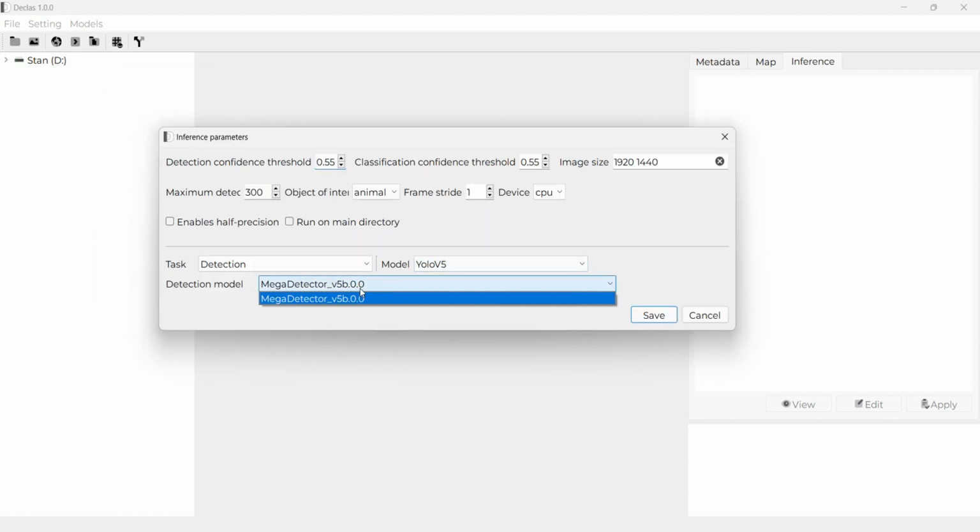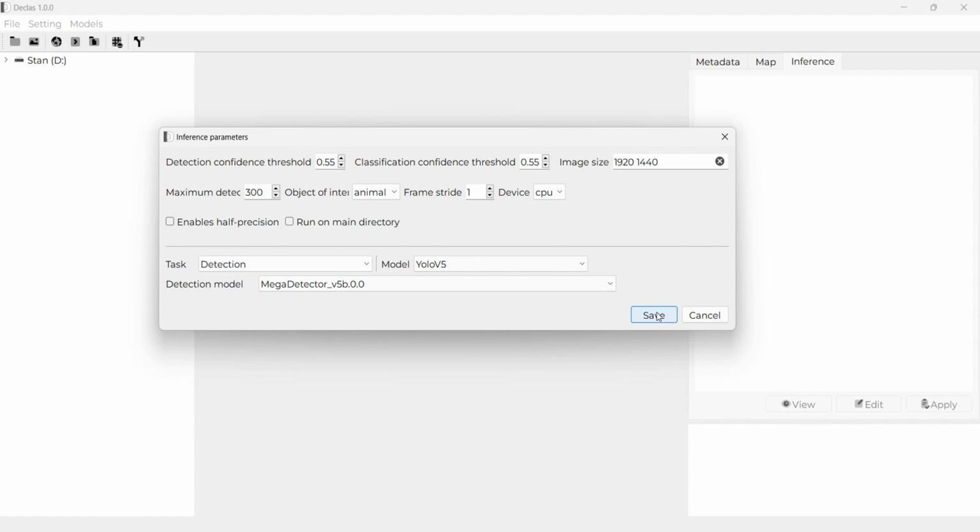Here you specify the weight of the model you want to use. If you have previously added two or three or five models, you will see all these models here, and each time you want to run a given task, you just select the model you want to use for your task. So let me close this. Before leaving this window, you click on save to save your settings. If not, they will not be considered for the task you want to run. So I click save.